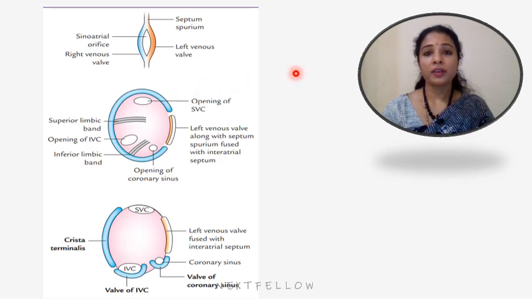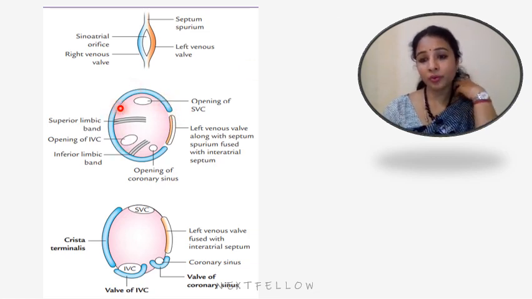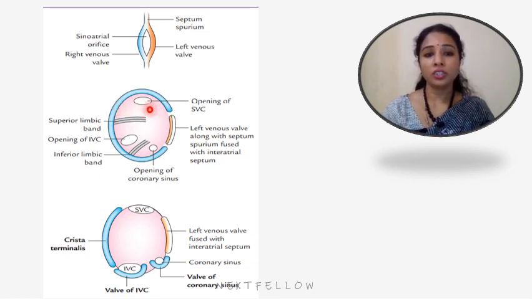three parts by the formation of two muscular bands, called the superior and inferior limbic bands, and the three parts are, from above downwards, as follows. It forms the crista terminalis, which I already said just before. The crista terminalis separates the anterior rough part, that is the primitive atrium, from the posterior smooth part, the sinus venosus. So this gets stretched